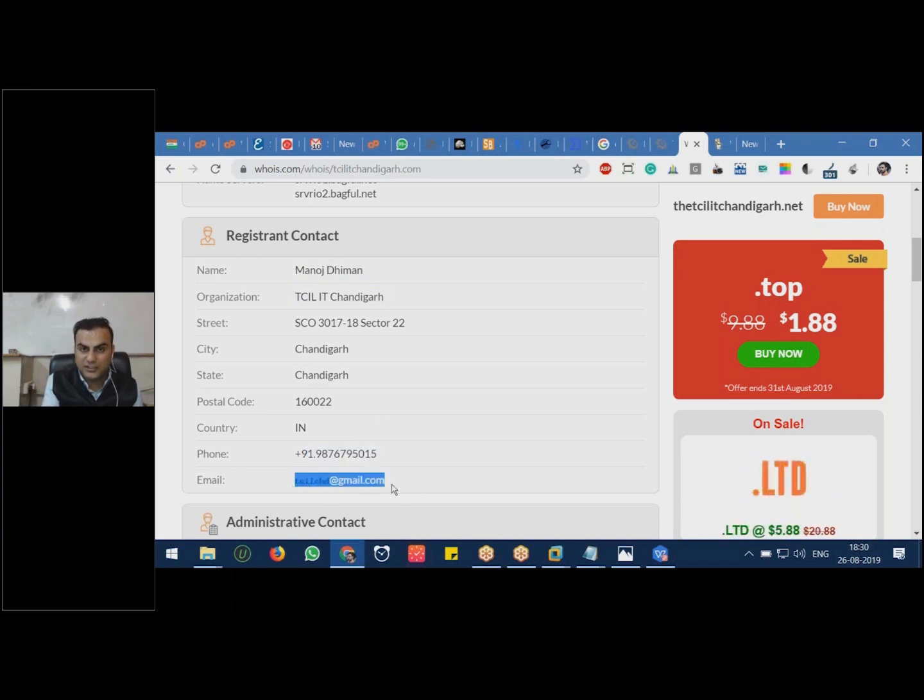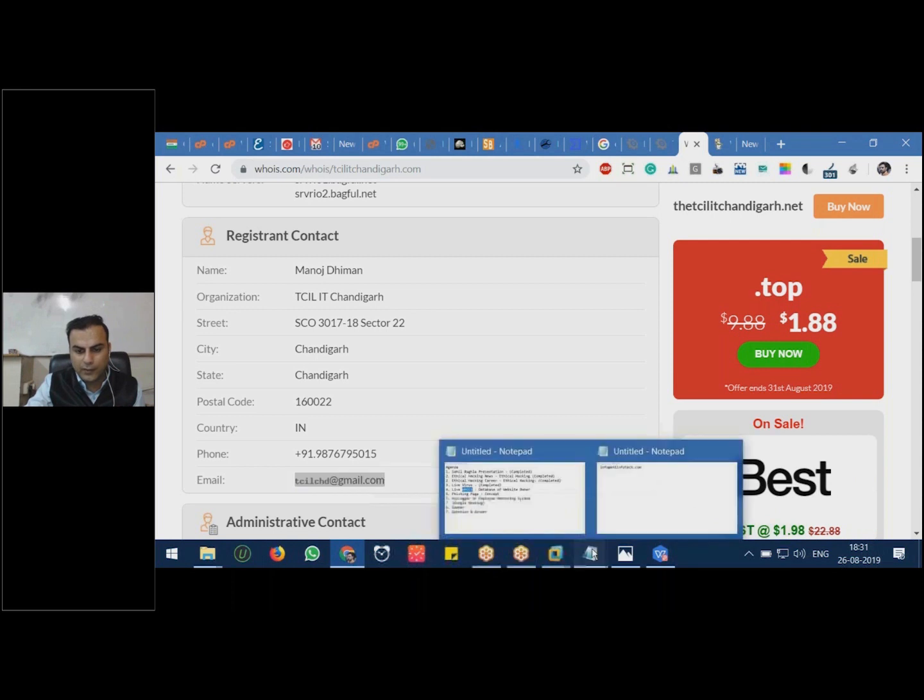If a person has not mentioned the email ID on the website, hackers are able to grab the network administrator email ID from here, the web administrator email ID from here, and your personal email ID while you upload your resume. We are able to easily grab email IDs. This is one example of how hackers are able to grab email IDs. So this part is also over, completed.